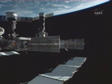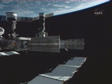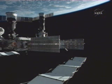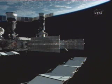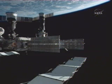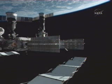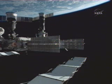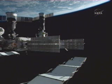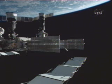And this view from the S1 truss on the left side of your screen, the Soyuz TMA-10, that was the vehicle in which Fyodor Yurchikhin and Oleg Kotov were launched back on April 7th from the Baikonur Cosmodrome in Kazakhstan. And to the right of it, docked to the Pirs docking compartment, is Progress 24. The Pirs is the Russian airlock for Russian-based